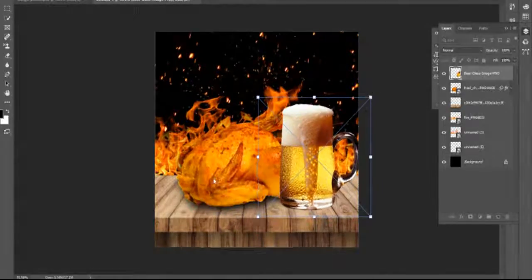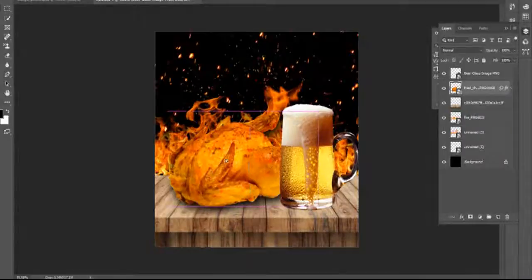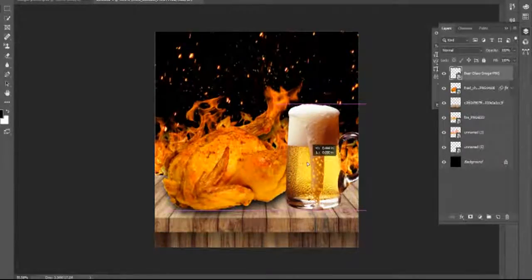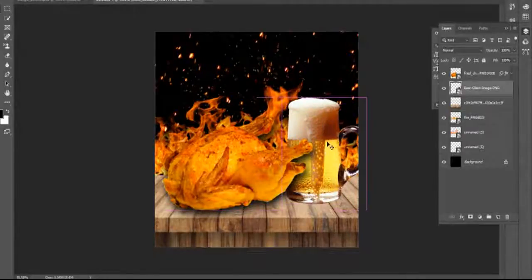I just drag this chicken to here, and I need the chicken on top of my beer bottle, beer glass. Yes, it looks the same. Okay, if you want to enlarge the size of the beer glass, just select the layer first and go to Edit.